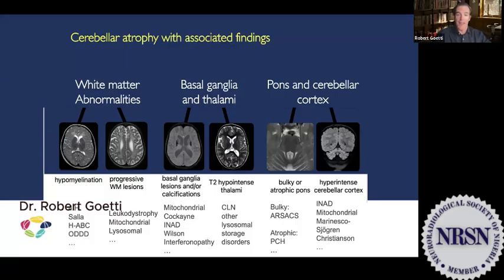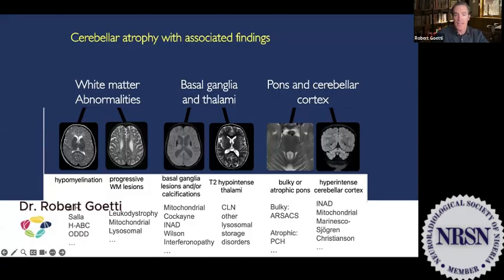Next, we're going to look at the basal ganglia and thalami, specifically whether there are basal ganglia lesions or calcifications. If there are lesions or calcifications, we'll be thinking again of mitochondrial disease, Cockayne syndrome, infantile neuroaxonal dystrophy, Wilson's disease, and potentially interferonopathies, such as Aicardi-Goutières syndrome. What I do want you to remember, this is quite a busy slide, but what is really valuable